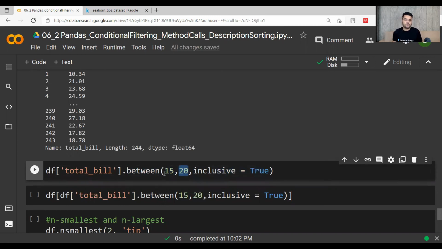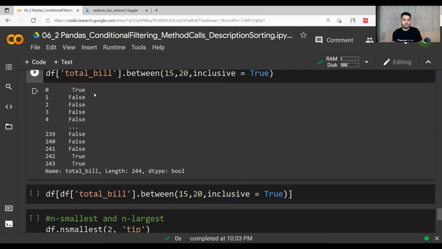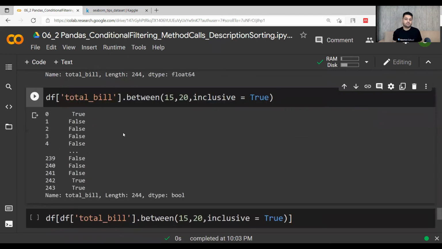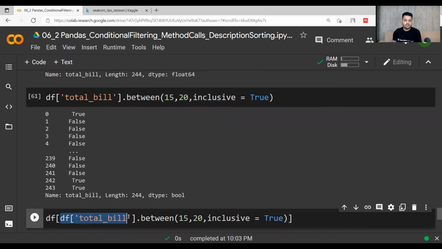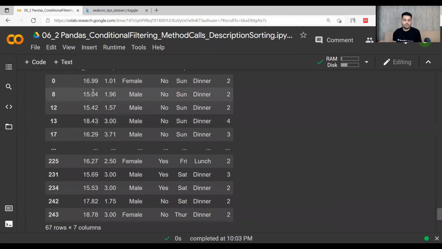If the total bill is $20, I want to include that. If I run this, all the total bill values between 15 and 20 will be true, otherwise false. So by default it gives me boolean values. But if I pass this over a data frame, it will give me all the rows having values between 15 and 20. If you see the output, all the total bill values are between 15 and 20.